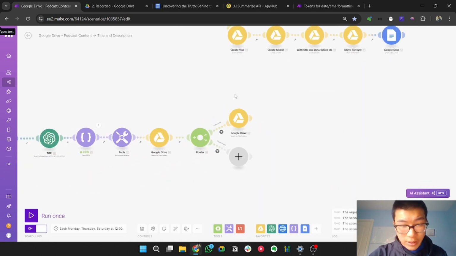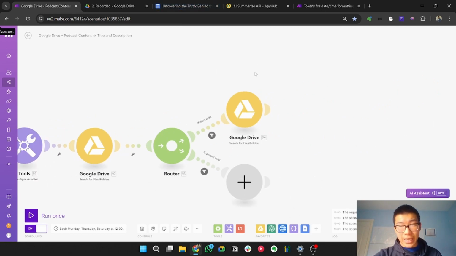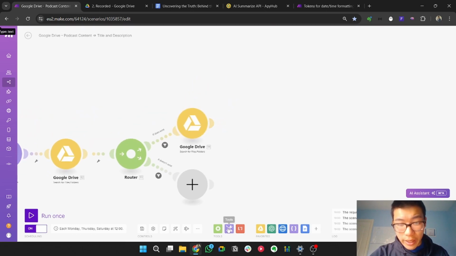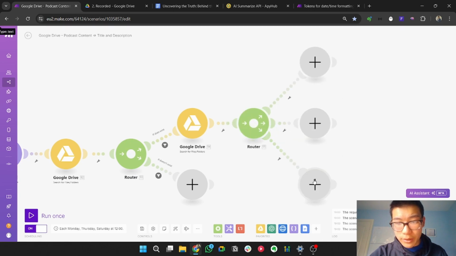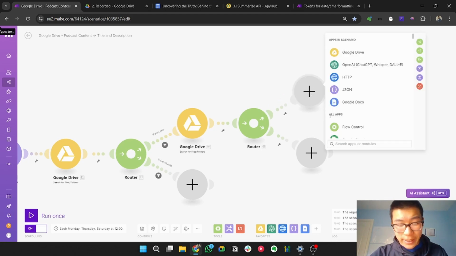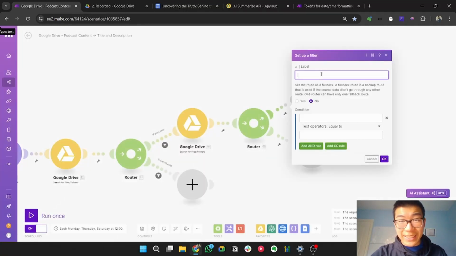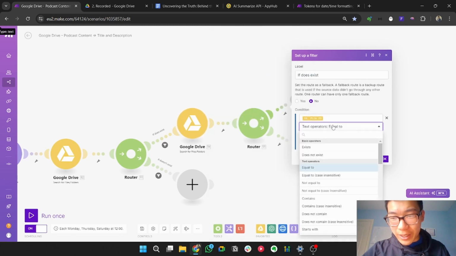The reason you do this is because whenever this module runs, the month and the year will change. And this is again just to keep it relevant. And then what you do then is you make another router, flow control router. Ooh, that is not what I wanted. So you make another router, and this basically just says if this does exist again. So it's the same concept, right, guys? It's the same. It's not rocket science, okay? If does exist. Because you're just saving conditions again, and everyone loves to save conditions.